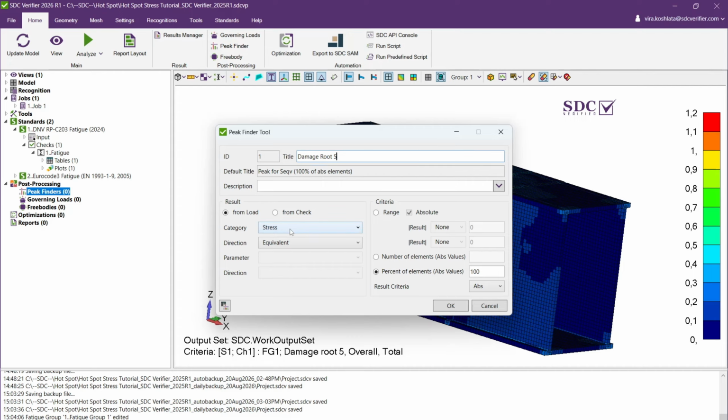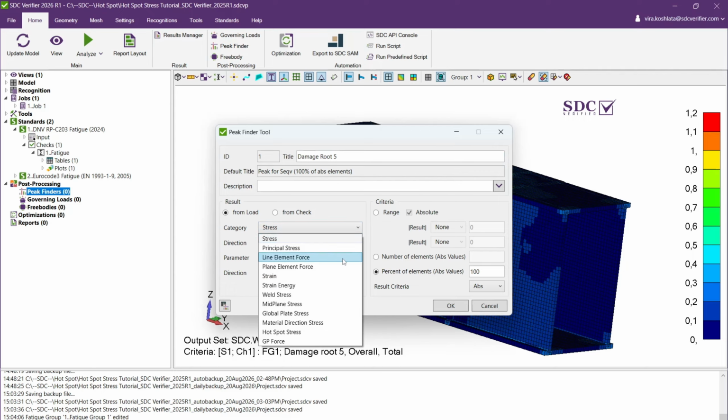It is basically dependent on the user's needs, whether they want to concentrate on verification criteria according to standards or on the load criteria. Briefly speaking, if checking results from a load, as we can see it is set from default, this option is selected. You can select the category,